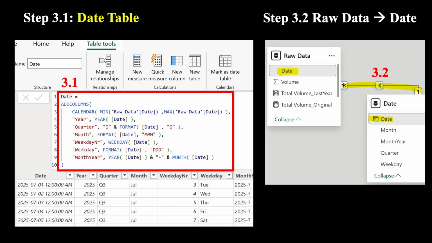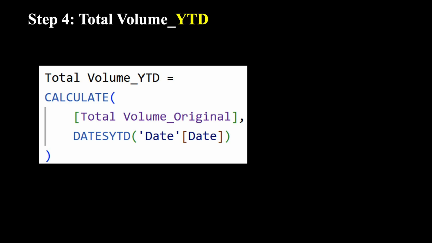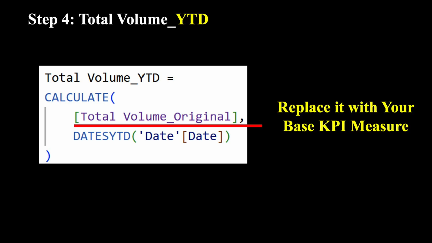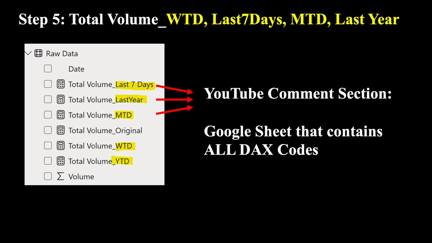Step 3.1, create the date table and then connect it to your raw data table. Step 4, we're creating a measure for year to date. Just replace the total volume original with your own base measure. And then we need to create individual new measures for last 7 days, last year, week to date, month to